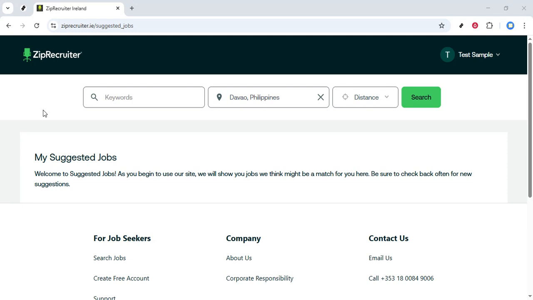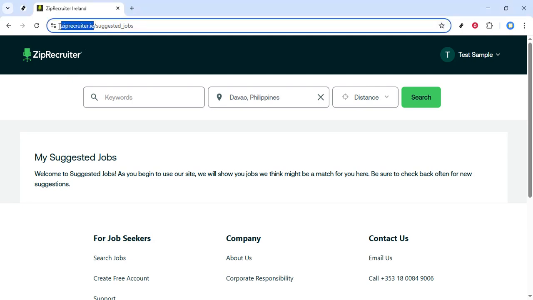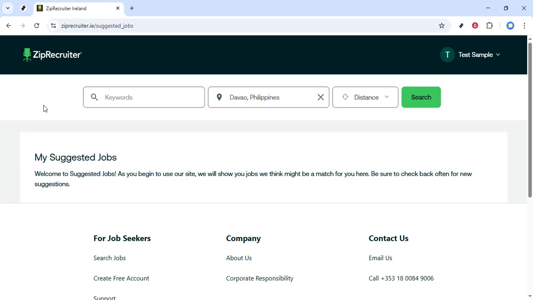First, open your web browser and go to the ZipRecruiter site for your region. In this case, we'll be using the Irish site, so type in the address for the Irish version and wait for the page to load. Make sure you're logged into the correct account before you go any further. If you're not signed in yet, log in with your usual credentials so that your profile information is available to